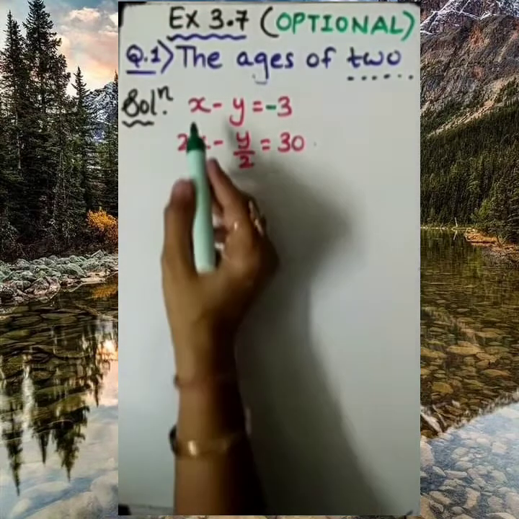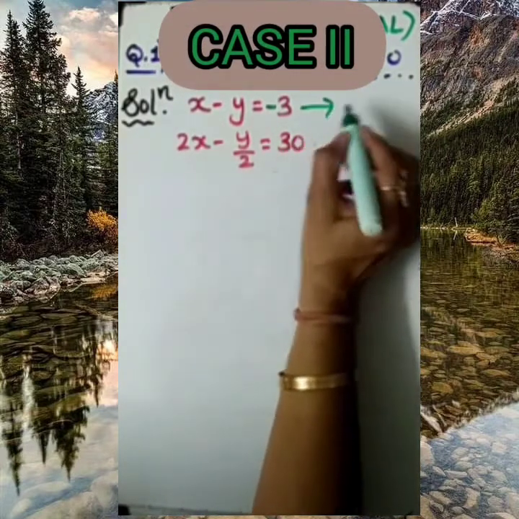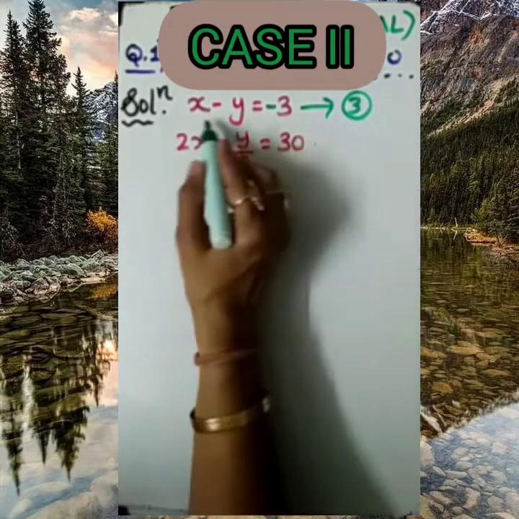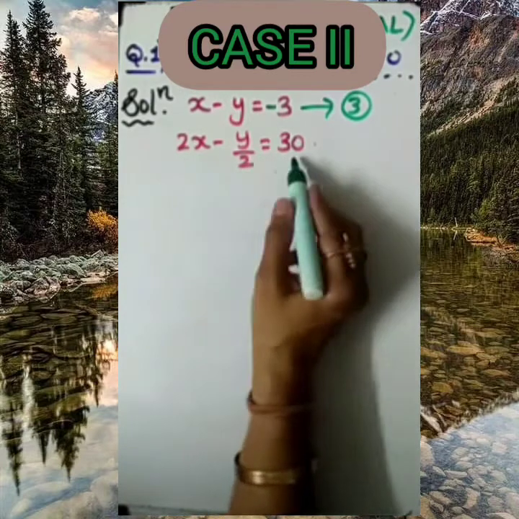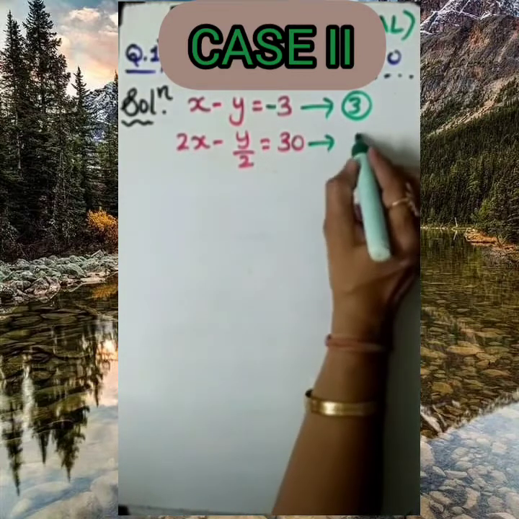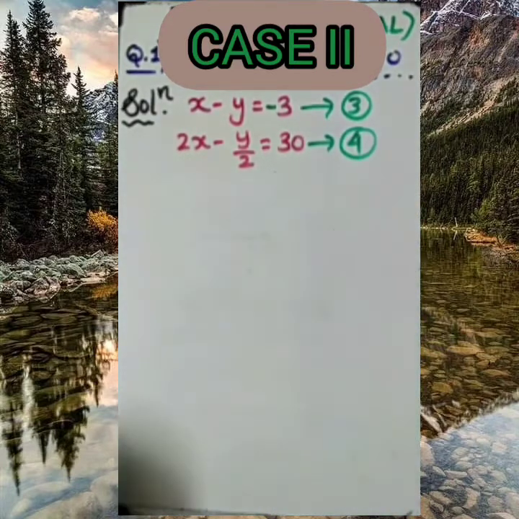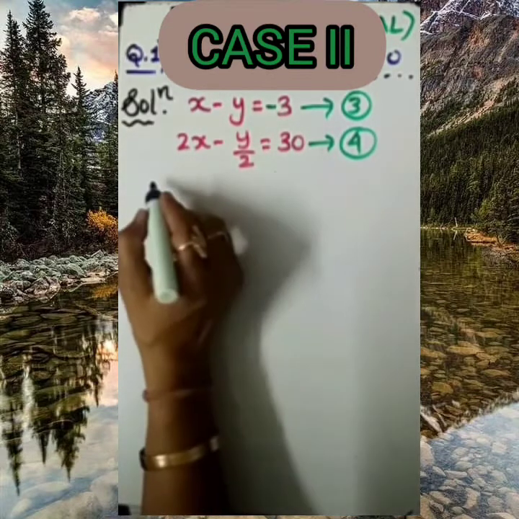So my dear student, here the equation number 3 was this, x minus y equal to minus 3, and this was second and fourth equation. They are similar. For our convenience, we have given it a name, equation number 4. Okay. So again applying the same technique, the substitution method, which is quite easy.